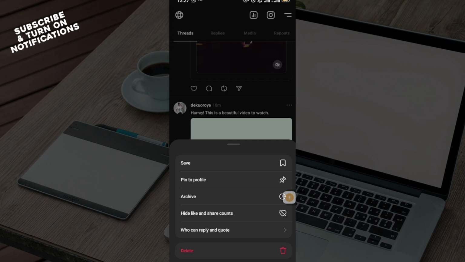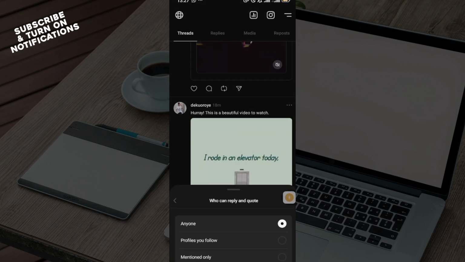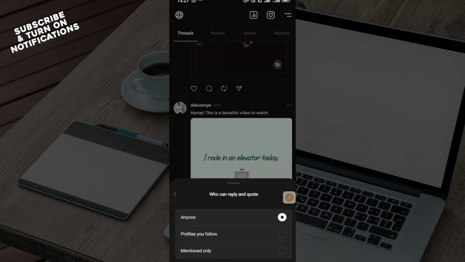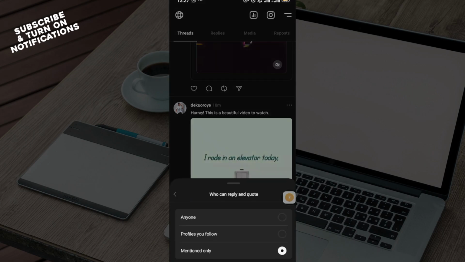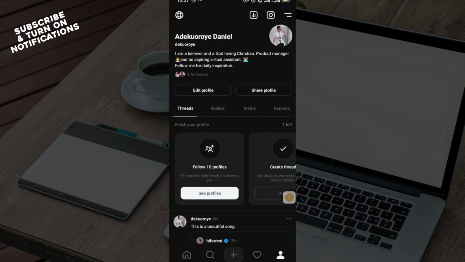Then a box will be displayed. In this box, you'll see options like save, pin to profile, archive, hide like and share count, who can reply and quote. So select who can reply and quote, and then choose the option which says profiles you follow only. Or if you mention some people and you want only those people to respond, you can just say mentioned only, and there you go. The settings have been changed such that only your followers or only those you've mentioned would be able to reply